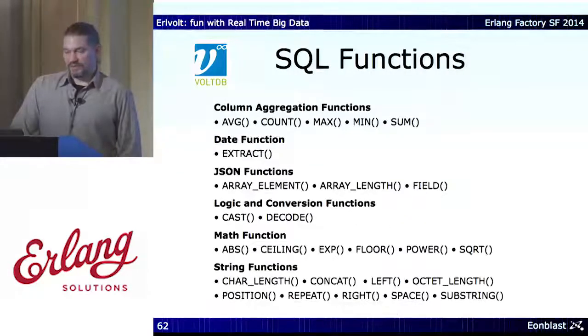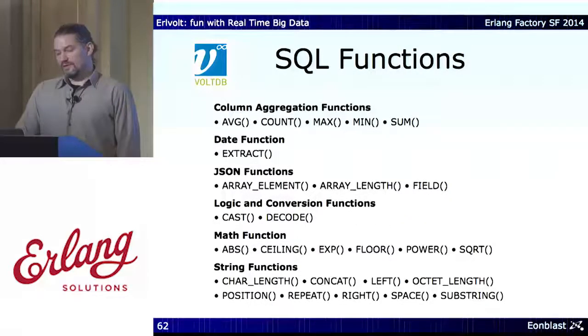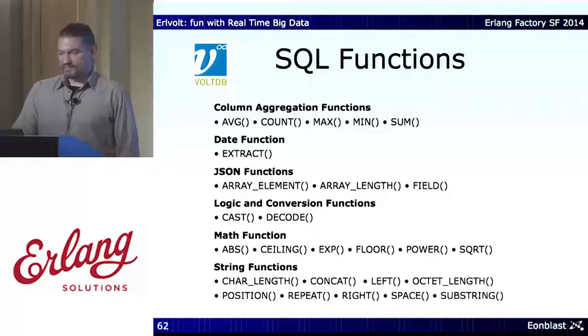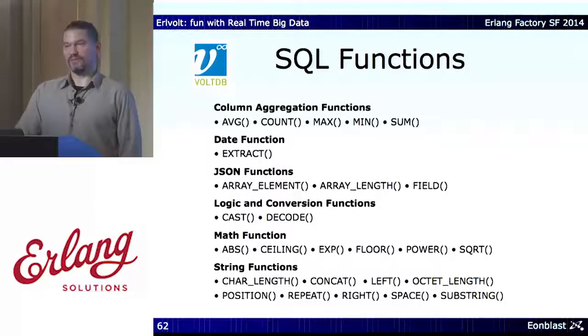The SQL functions that you can use in VoltDB are like this. What is missing, and it's quite clear why, are ranges in where queries, because of the way that you have to go across the entire cluster, so to say, to find ranges. That's something that VoltDB is not good at.